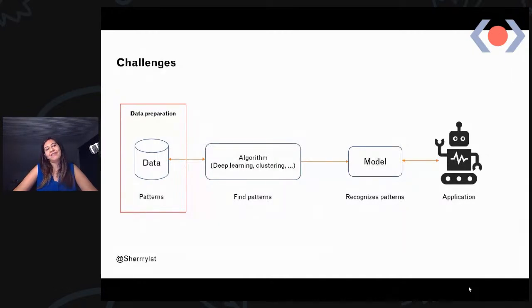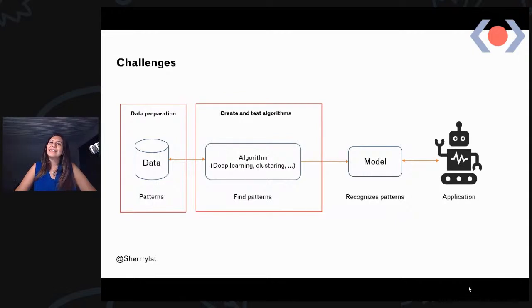One thing is, for example, finding a data set that covers all of this. In our case, for finding dog pictures, you need a data set which covers all types of dogs that exist, including dogs that might look like a cat, like the one that I have, a Bichon Havanese dog. It totally looks like a cat, but it's a dog. So you need a data set that covers a variety of variations of the pattern that you're looking for.